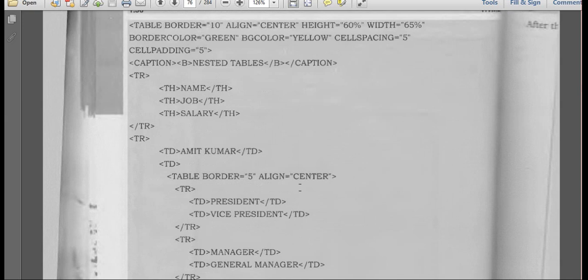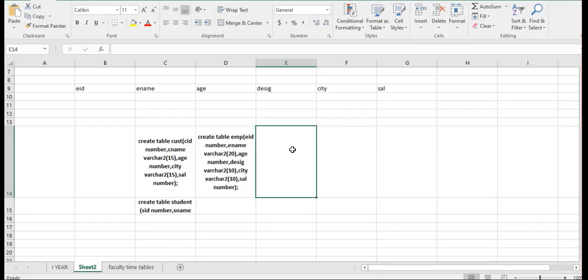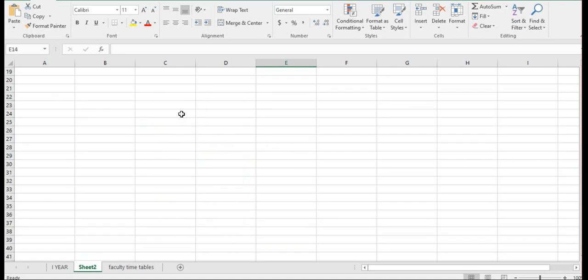Now, I'm giving you an example. Just see here. This is the table that you have to create. I'll write employee ID, employee name, and here I am writing timings.